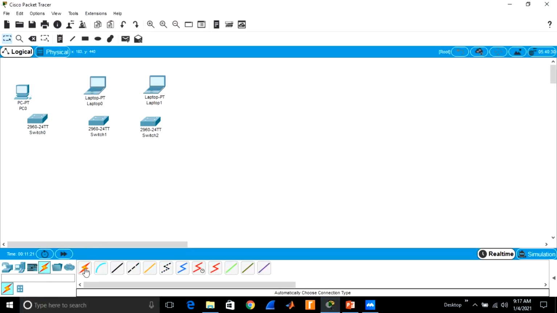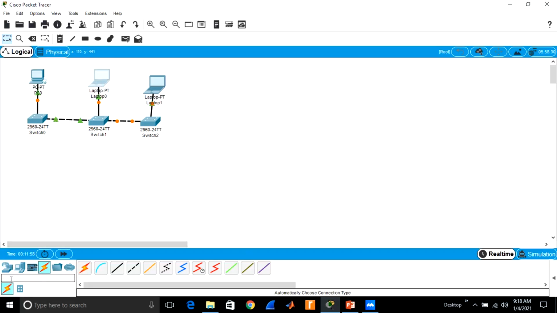Then we will use wire, so that it behaves like bus topology. This is the main line to which they are connected. When you want to connect another device, you will take a switch and a device.